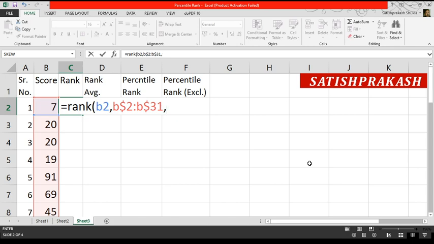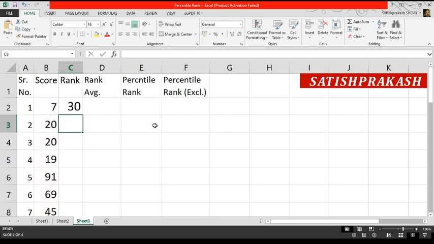Then I close the bracket and press enter key. In this way, the rank of the first number, that is 7, is found, and it is 30. It means according to this function, 7 is the lowest score of the data out of all 30 observations. 7 is the smallest, so it is given the last rank, that is 30. Now,